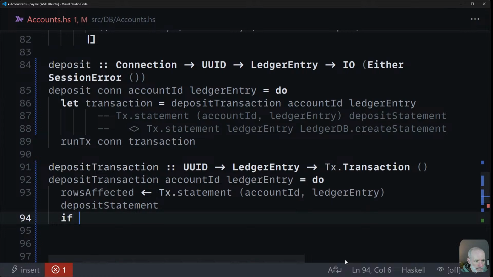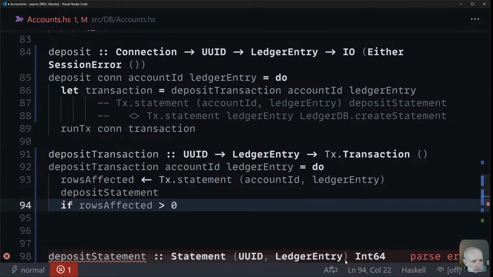And then I can say if rows affected is equal to 1, I'll treat that as a success case. So if one row is affected, which is what I expect, although I could just say greater than 0, it'd be the same thing, because it should either be 0 or 1 in my example. So if it's non-zero,